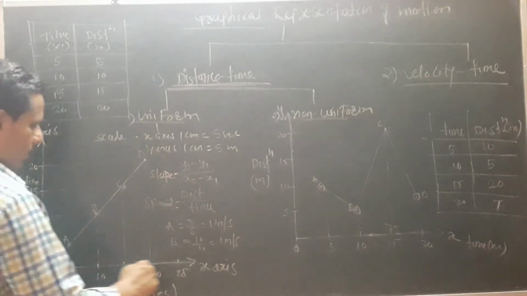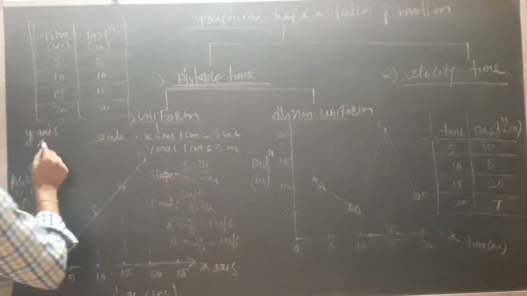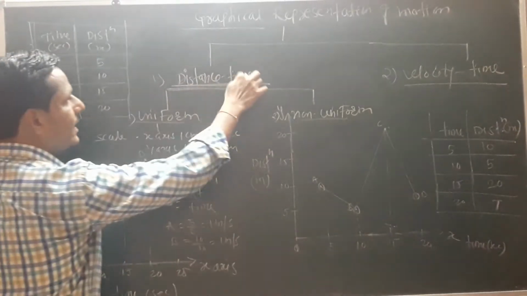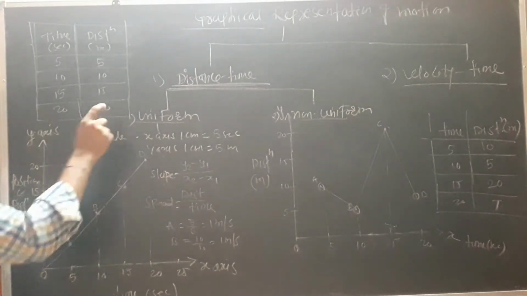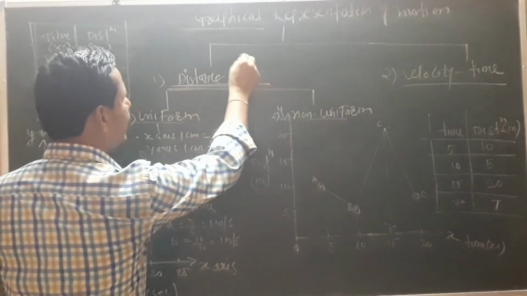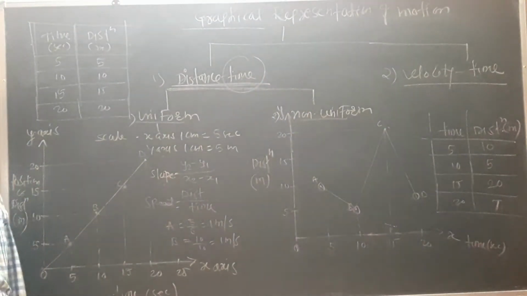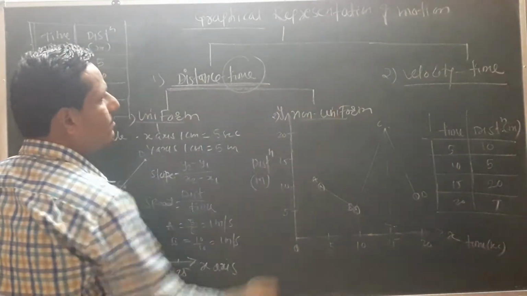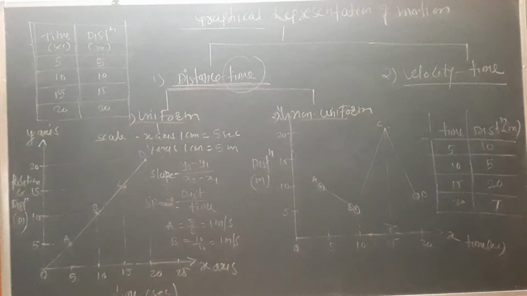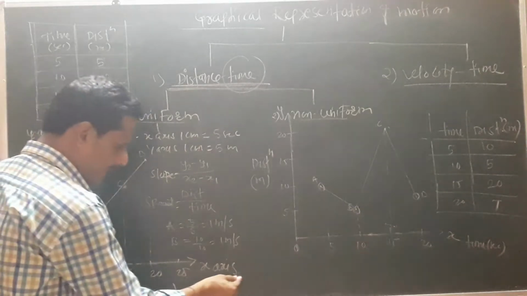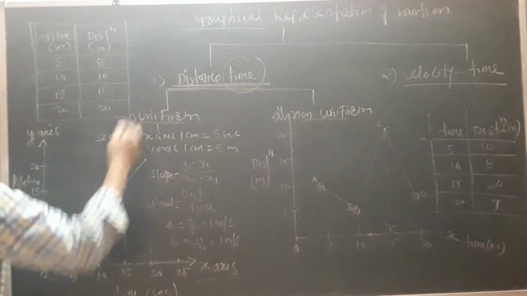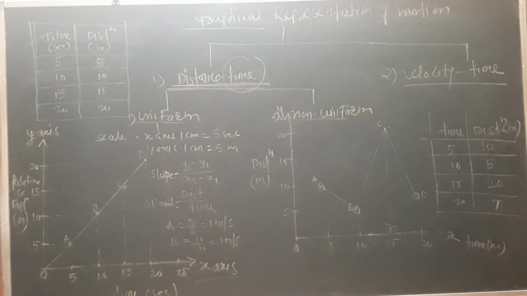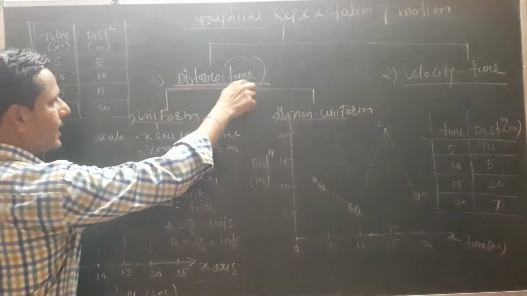Here I have a graph with x-axis and y-axis. As the name itself indicates, in distance time graphs the time is used in both graphs, because when we defined motion earlier, we mentioned that motion is the change of position of an object with respect to time. So time we can take as common in both kinds of graphs. That is the time we take on the x-axis, and the distance we show on the y-axis. So first of all I am going to draw the uniform distance time graph.